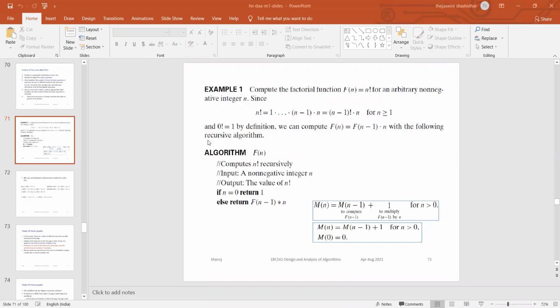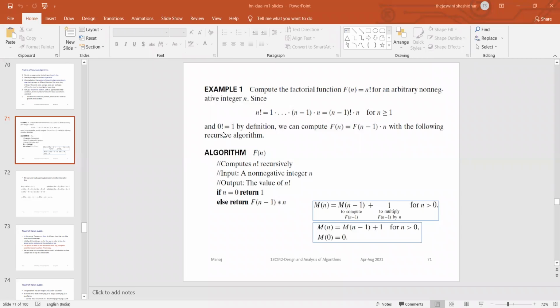Why? When you see the entire slide, where do you get the value 1? Somewhere you are given the value 1. Yes, 0 factorial is equal to 1. So if n is 0, you are going to give it as 1. If you are getting 1, 2, 3, 4 like that, what will you give? You will be giving m of n minus 1. So for 0 factorial, you are not finding any factorial. By default, it will be 1. So that's why 1 will be substituted.